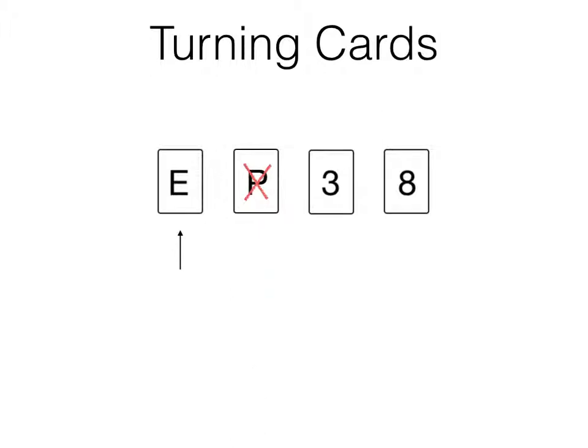Next, the card marked 3. At first glance, this card does look like a possible choice, as it has an odd number, and that was part of the rule. But let's think about this a bit more. The rule says that when there's a vowel on one side of the card, then there has to be an odd digit on the other side, but it doesn't say that the reverse is true. That is, when there's an odd digit on one side of a card, then there has to be a vowel